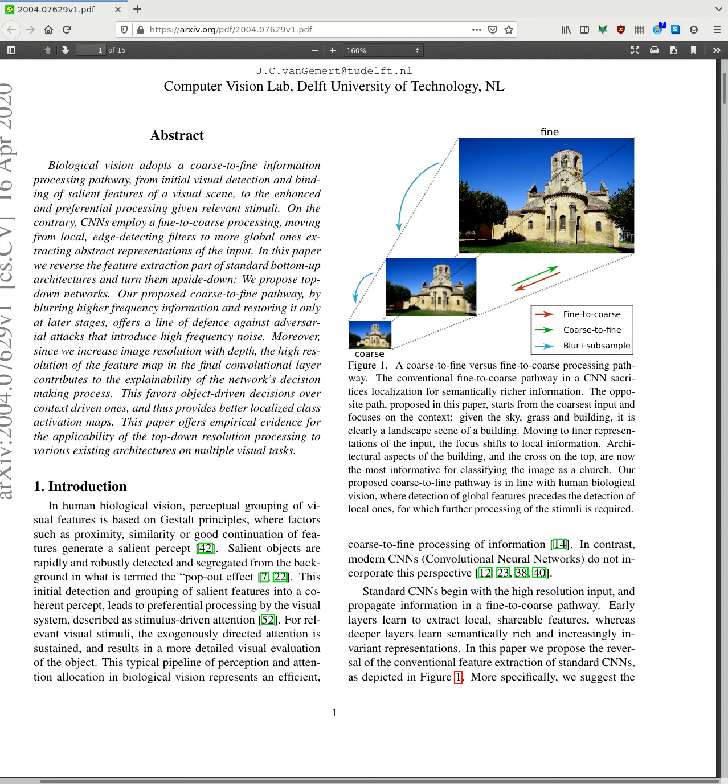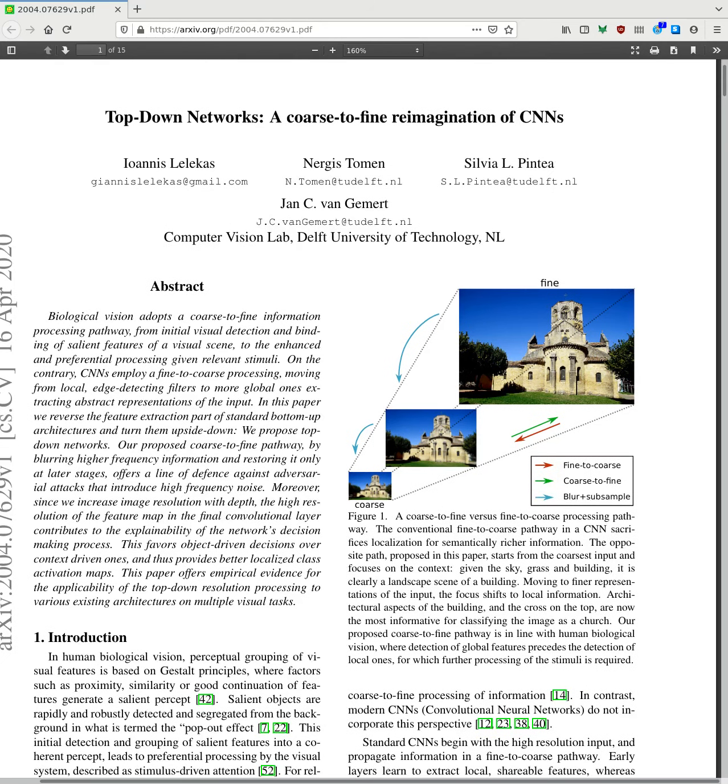In normal convolution, one rolls a kernel over an image, gets values at each point, and does some aggregation. So from this perspective, one goes from the high resolution to low resolution. In this paper, they do the opposite of this. This paper is called Top-Down Networks, coarse-to-fine